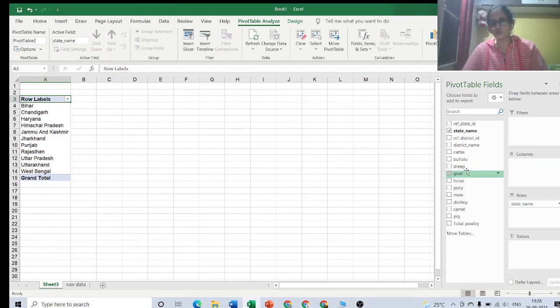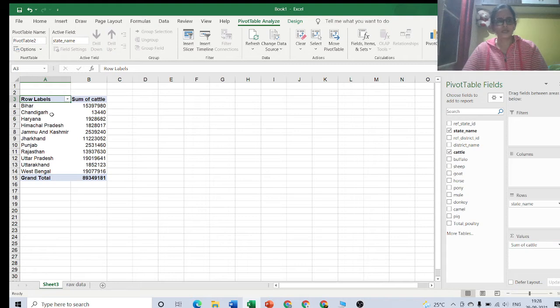And I want to know the sum of cattle in each and every state. I will drag it and place it in sigma values. See, I didn't do any sum or percentage, nothing. I just dragged cattle and placed it in sigma values.